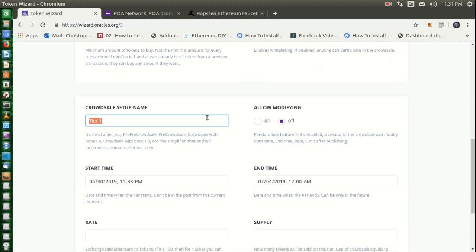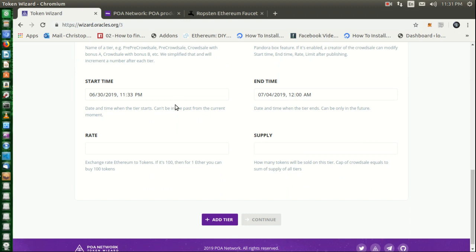The next section, Crowdsale setup name, let's just leave it as it is, as tier 1. We could call it whatever we want, but going forward, you're also able to create more than one tier, but for our purposes, let's keep it at one tier. Let's keep the coding as it is. Let's not allow ourselves to get back in there and do any modifications. The starting time by default will give you the current date that you're creating this Crowdsale token. Let's leave it at that,